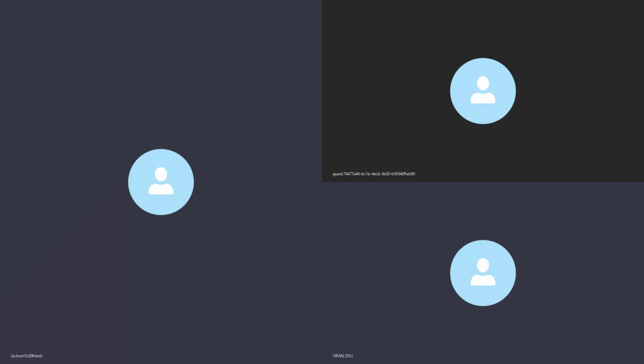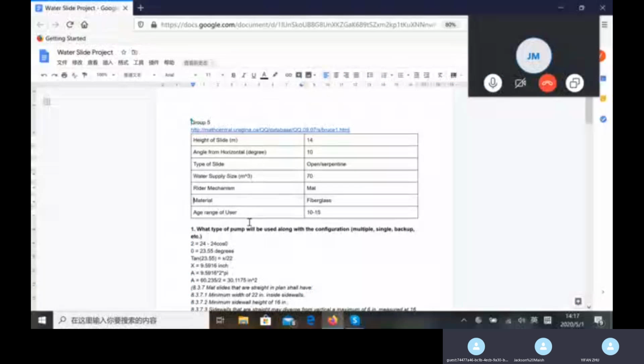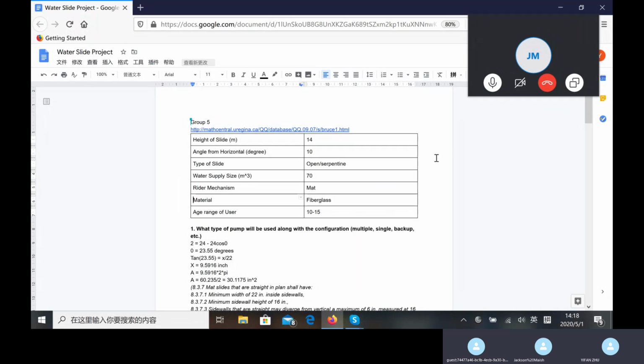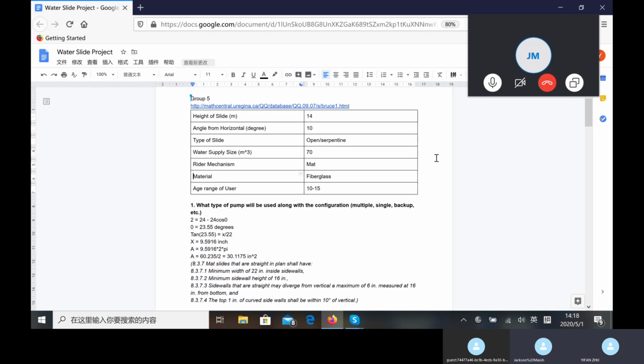Looking at our requirements here, we had to meet a slide height of 14 meters. Our angle from horizon needed to be 10 degrees. We were using an open, serpentine type of slide. We had a water supply size of 70 cubic meters. The rider mechanism is a mat. Our material is fiberglass, and we have an age range of users of 10 to 15